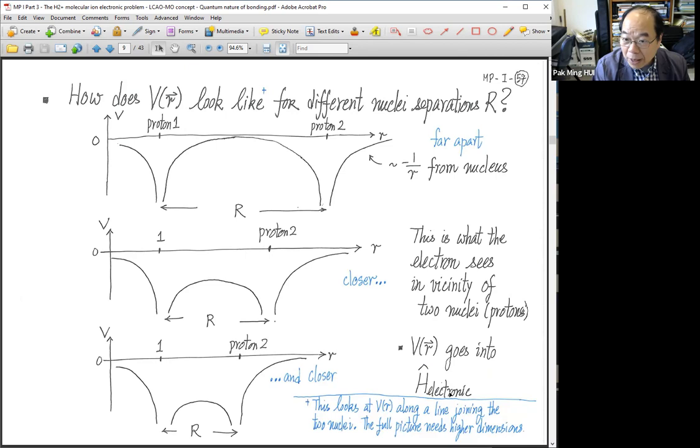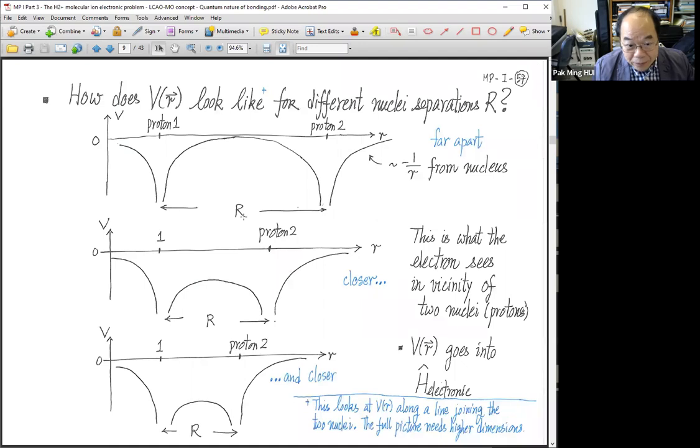We have a Hamiltonian, one electron, two centers, two protons. The separation between the protons is taken to be a parameter called R. Given one R, it is one quantum mechanics problem. So here we sketch the potential energy function